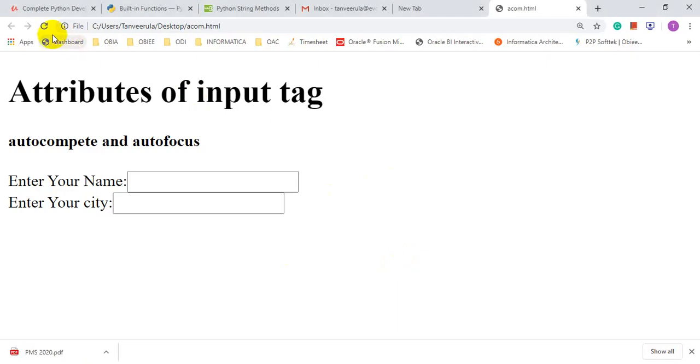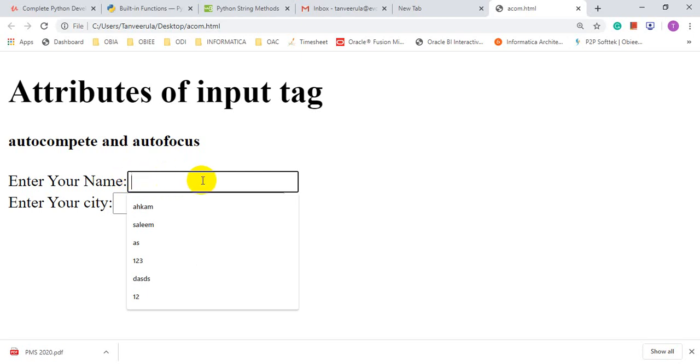Right now when you refresh the page there is no autofocus. I just want to show what autofocus is. Autofocus means when you click on a text box, it is in focus, meaning you will see the blinking cursor. A blinking cursor means the first text box is currently in focus.